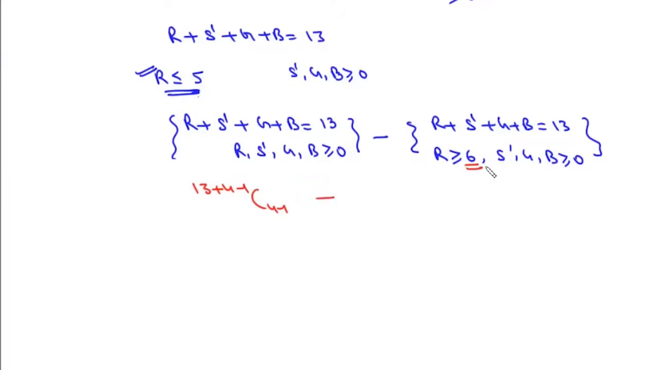Now here we can write this R as 6 plus R dash. If we write this R as 6 plus R dash, we'll get this equation as R dash plus S dash plus G plus B will be equal to 7. So here it will be n plus r minus 1 C r minus 1, which will be 16C3 minus